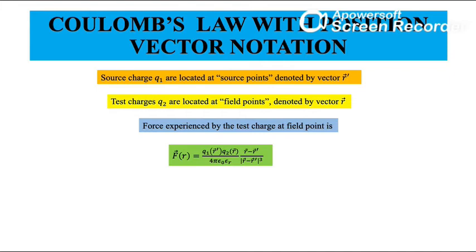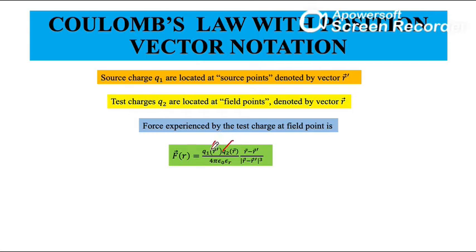Similarly the test point, which previously we considered as charge Q2, is defined by position vector R, but now I am calling it a test charge. So this is known as the source point, and this is known as the field point, where I'm interested in finding the force. You will soon see why this is called a field point, but for now just take the fact that the position vector without a prime is the field point and the position vector with a prime is the source point.